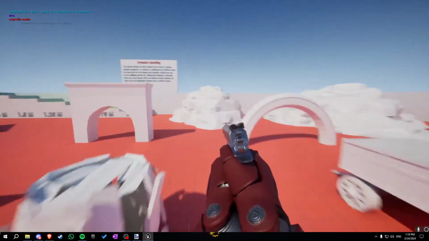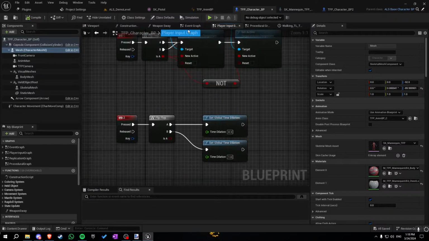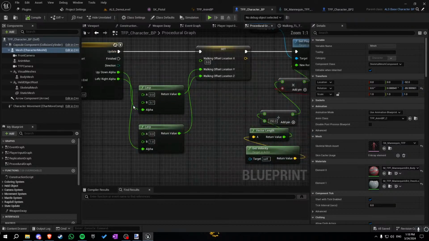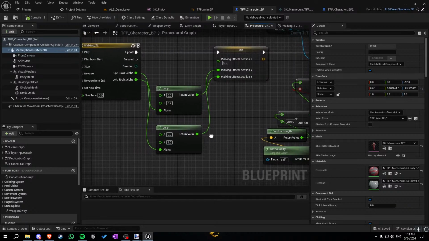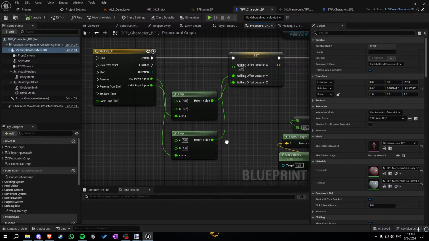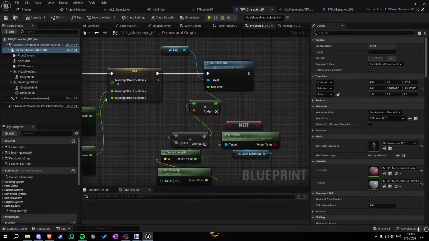How about we add some more rotation, I think. Yeah, I don't know right now. Okay, so let's